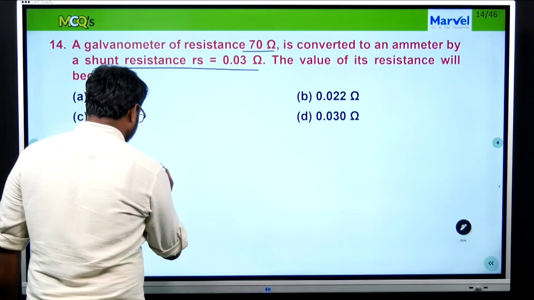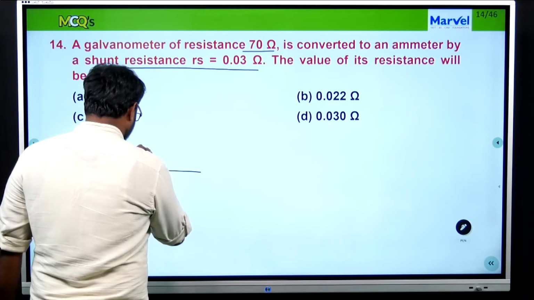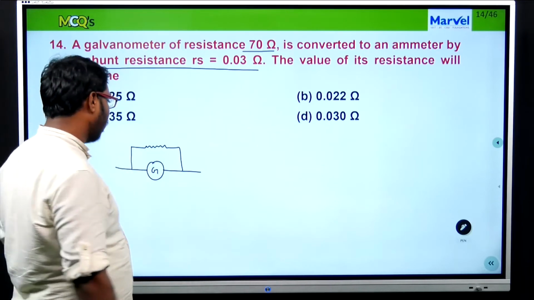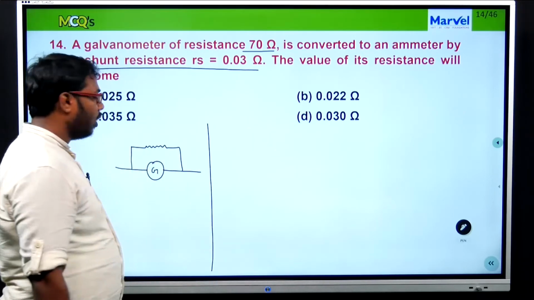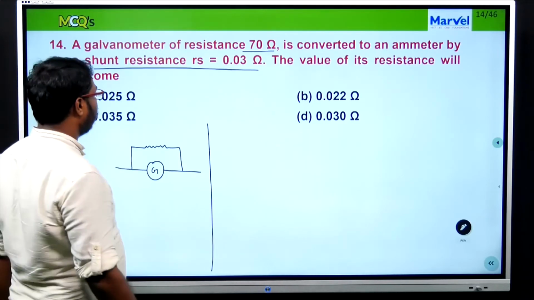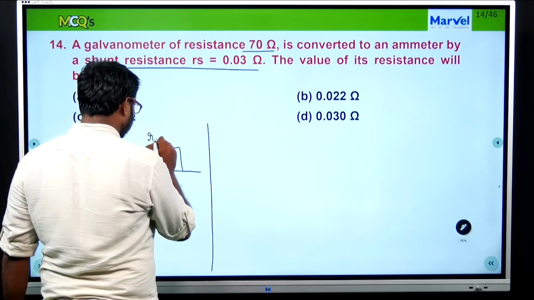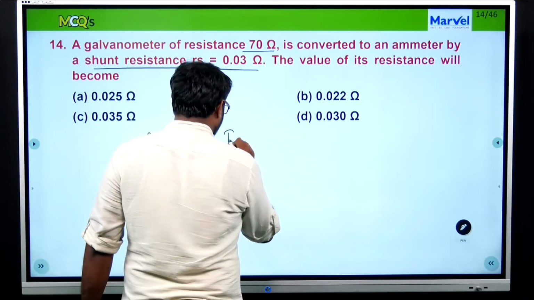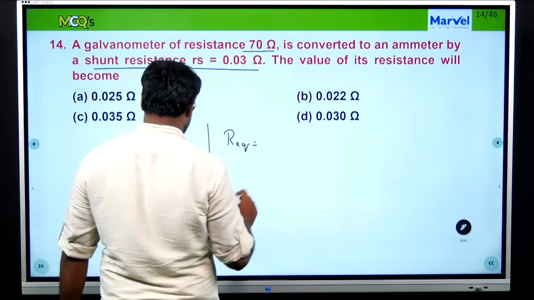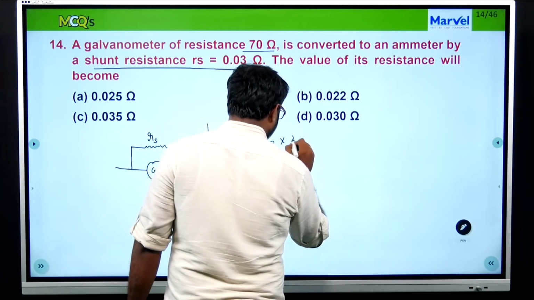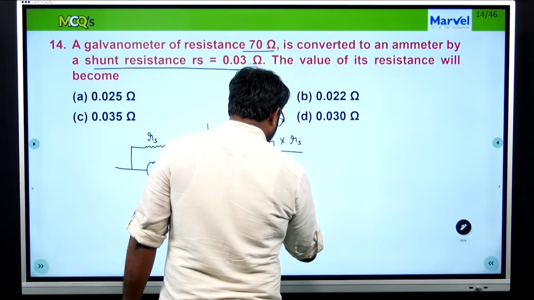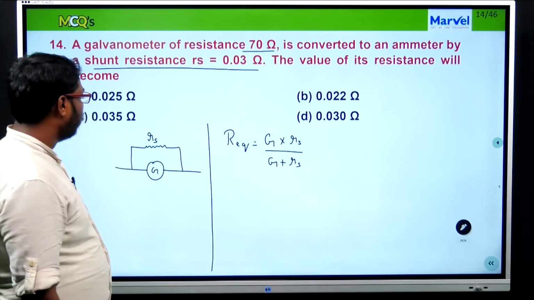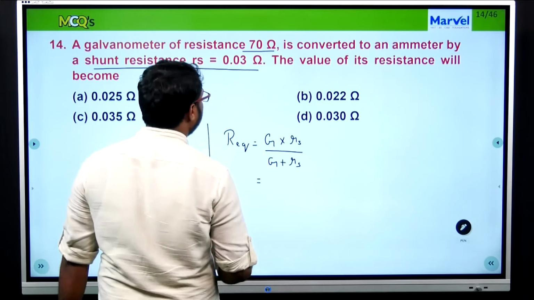Now this is something like converting a galvanometer to ammeter by connecting a very small resistance in parallel with the galvanometer. So RS is the shunting resistance connected across a galvanometer. So the total equivalent resistance is nothing but G into RS divided by G plus RS, equal to